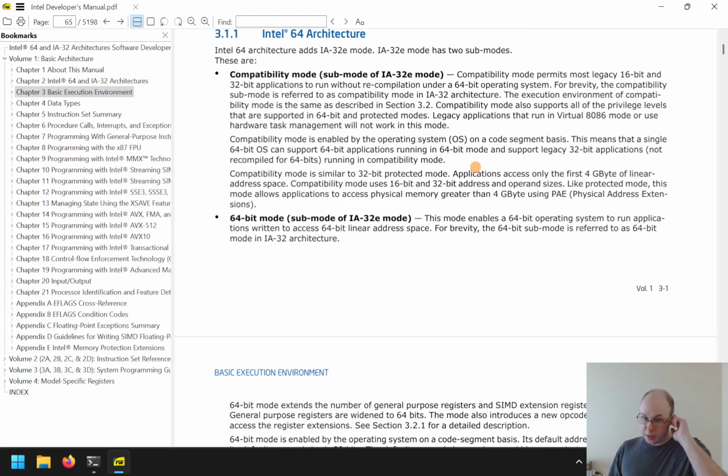Oh, okay, so if compatibility mode just runs the 32-bit stuff directly, I guess you can basically treat it like it's IA32. Compatibility mode uses 16-bit and 32-bit addresses and operand sizes. Like protected mode, this mode allows applications to access physical memory greater than 4 GB by using PAE, which is